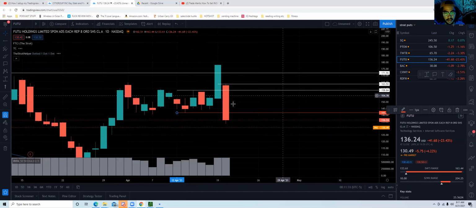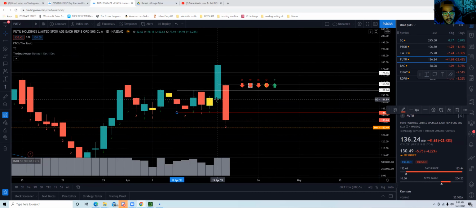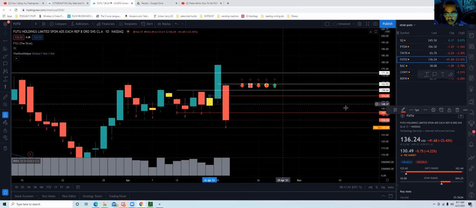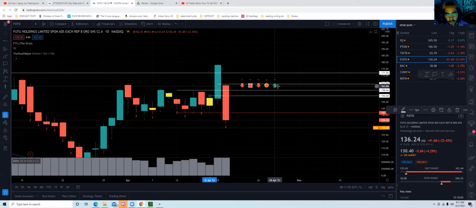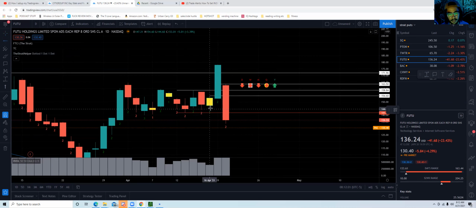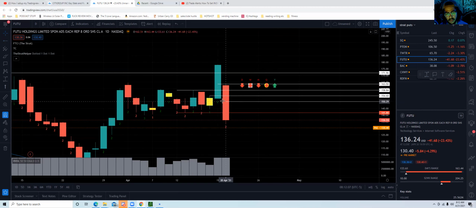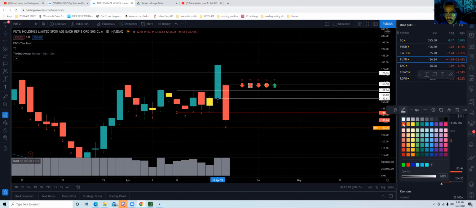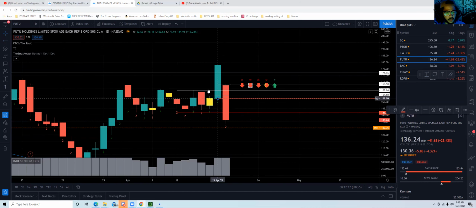So if we go down to the daily, as you can see, there was actually an actionable signal on the daily to hop in the trade earlier. What we look for is actionable signals. A 1 is an actionable signal. If it breaks above or below the 1, that's an actionable signal. So you could have got in either way. You could have marked the bottom of the 1. Either way, it went Monday. That's it picking a side, as well as this one right here. Make that red. Boom. All right, so it broke above it.